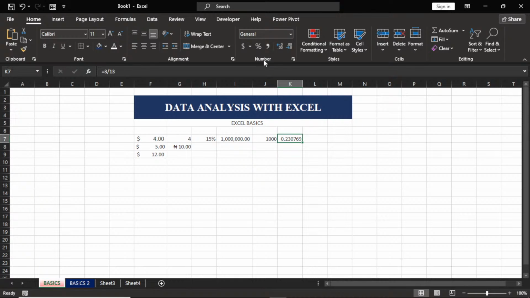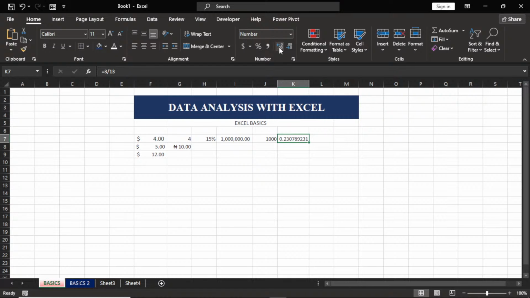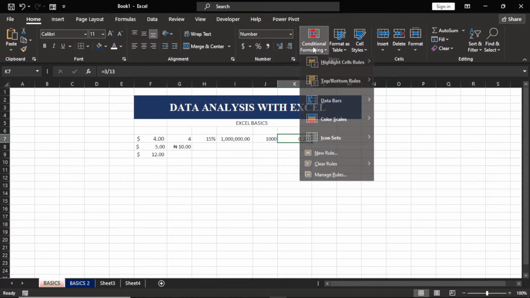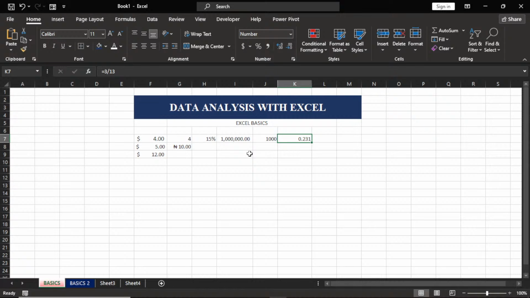Now if I come here and click on this increase decimal, you see it added another decimal, it keeps on increasing it. If I say decrease decimal, it will decrease it. Now, when it comes to 9, it makes this 7 as it will be approximating. So that is what this is used for. Then, in the conditional formatting, we use it to do some conditional formatting, which we are still going to get to in the course of this